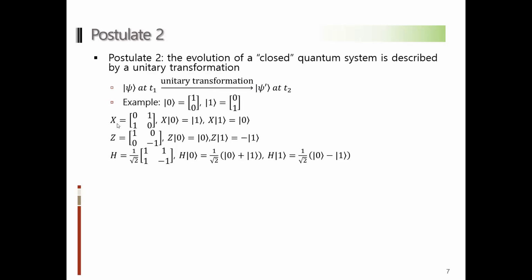We discussed the X operator. If we multiply this matrix on the zero vector, then we know that it will turn into the one vector, and vice versa. So this gate behaves very similarly to the NOT gate in the digital circuit. And what about another